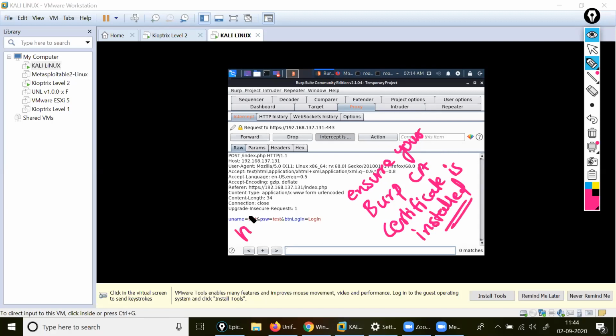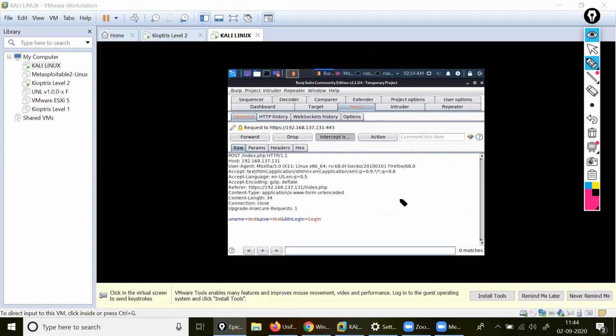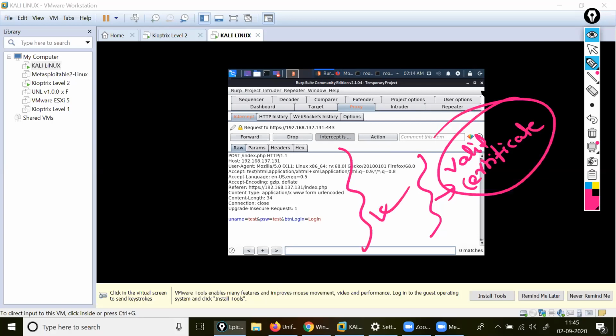Okay, how will we do? HTTP. Give the proxy. Remember, right now, proxy is what? 127.0.0.1 with port number 8080. After that, it will be redirected to your Burp, right? And there you have the CA. Copy this one and then paste it, right? So this part we have already explained. That's why I am getting this, because in my Burp I have a valid certificate. Are you getting the points? That's why I'm getting this part. After that, what we will do,